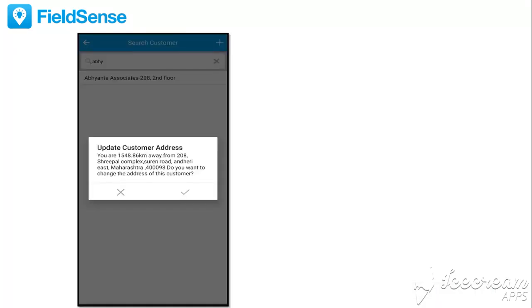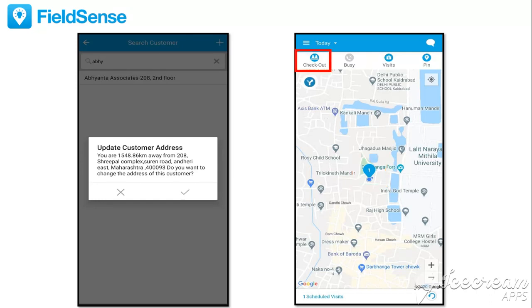But as I said, when you receive this message and you are sure this address is incorrect and you want to update it, then click on this right sign and you will be successfully checked in for the customer, because the address of the customer will get changed to your current geographical location.